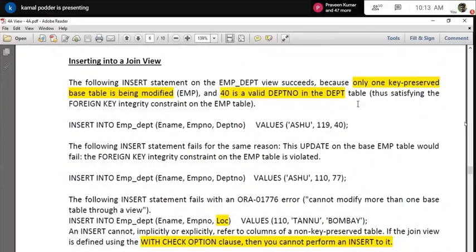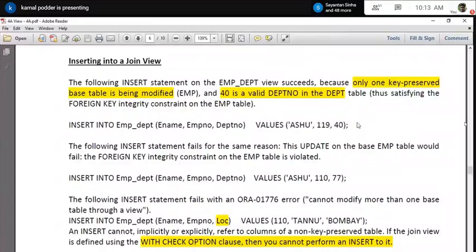So naturally, as I have already told you, all the integrity constraints which are available in the base table are also applicable in the view. You cannot overrule or ignore that. Until that validity is satisfied, you cannot enter any record. So I assume that 40 is a valid department.